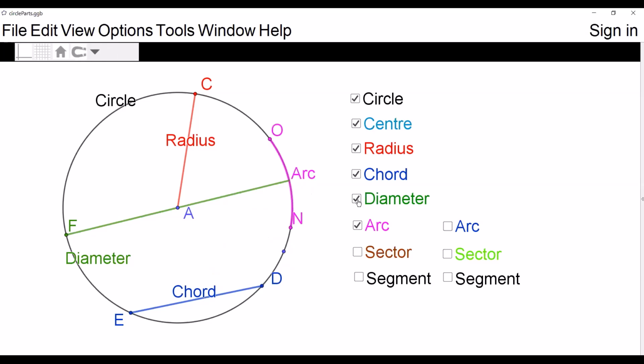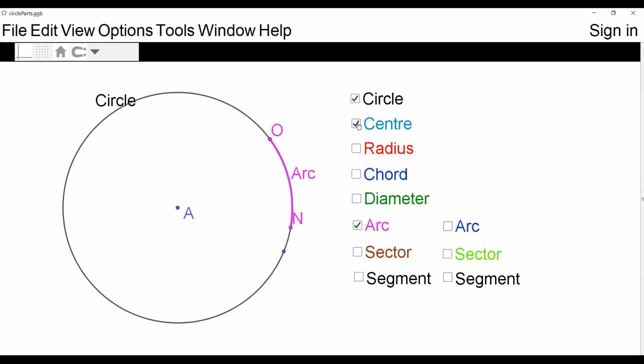What is an arc? An arc is part of a circumference. So this is an arc. In fact, we can have 2 arcs or more. A small arc is known as the minor arc, and a longer arc is known as the major arc. In this case, the blue one is a minor arc because it is smaller, and the purple one is the major arc. Now the situation is reversed. This one is a minor and the blue one is a major.